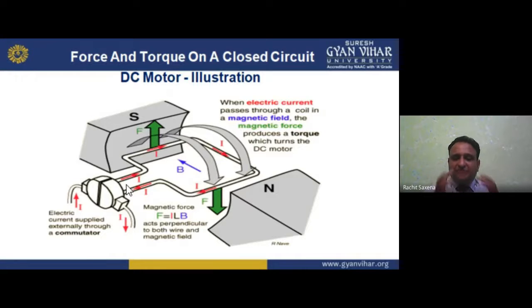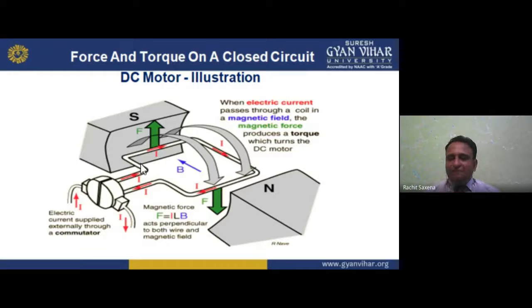If we give supply, the current carrying conductor, that is the coil, is placed in a magnetic field. See, a current carrying conductor coil placed in a magnetic field experiences what? A force, perpendicular to each other. What is it, my dear student? Force is there. And if force is there, displacement of this coil takes place. Now this is the coil, and this coil is displaced. Through this displacement, what will happen? It moves like this. Slightly it moves.